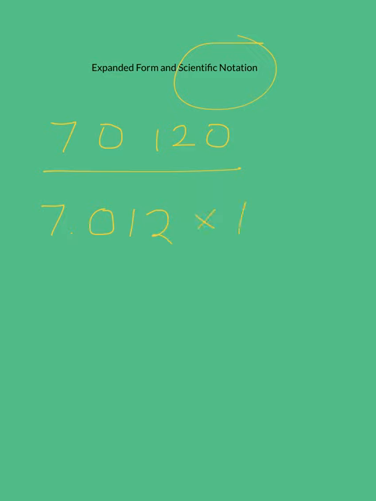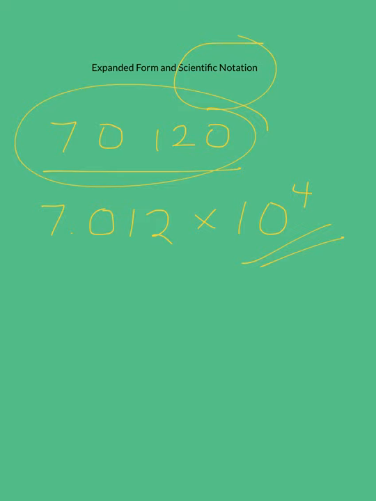A way to rewrite this number would be to show it as 7.012 times 10 to the power of 4. Okay, and the reason why, or how I arrived at this answer, is 10 to the power of 4,